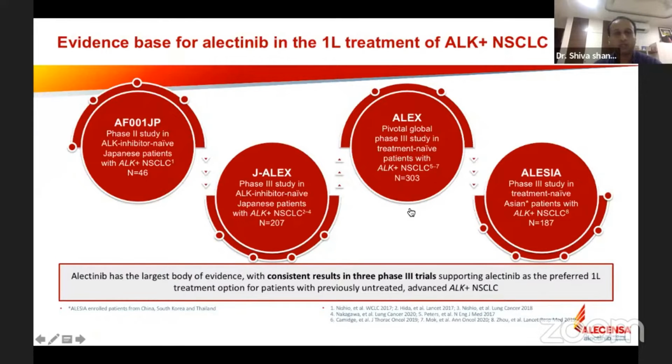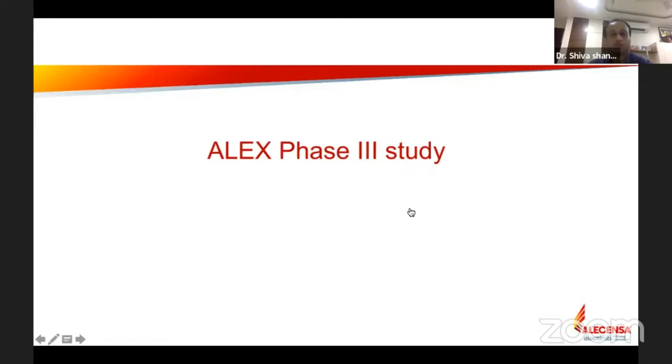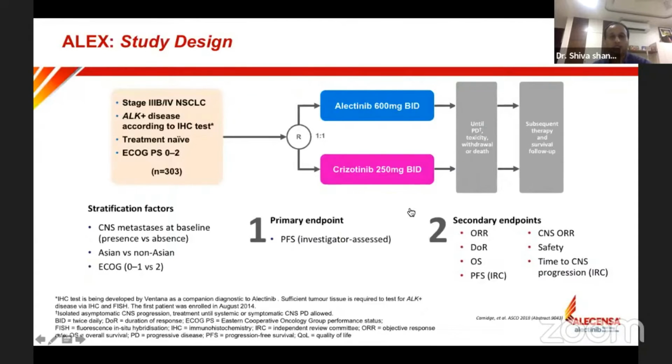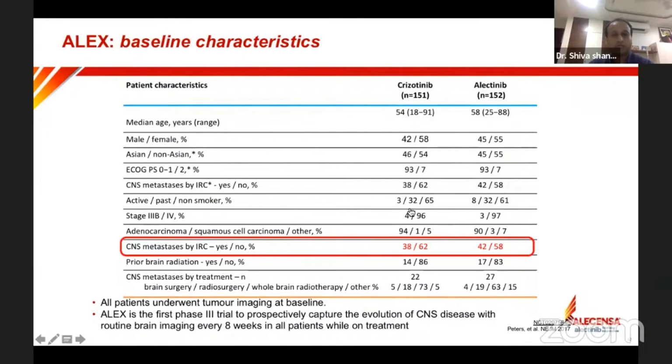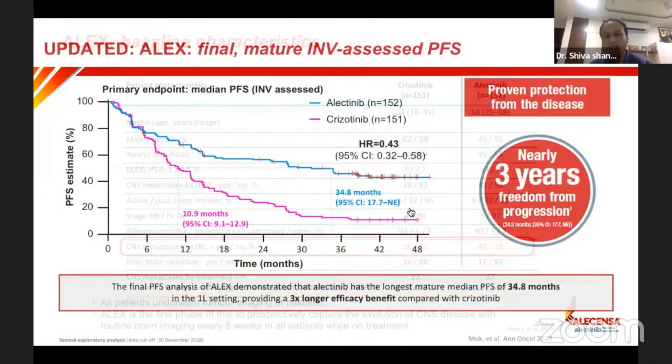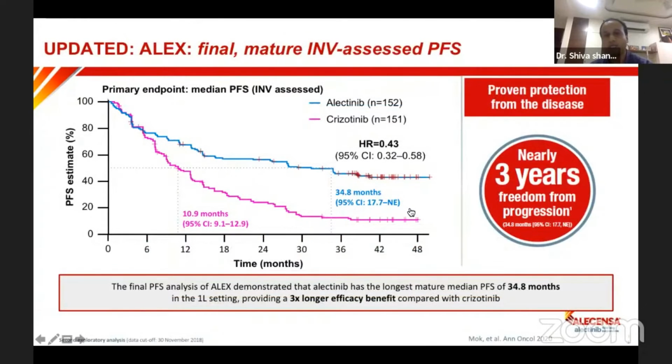So there are various trials which looked at the role of alectinib. We have a phase 2 trial, AF001JP, J-ALEX conducted in Japan, the ALEX trial, and also ALESIA, which was conducted in Asian patients. So the main study, the ALEX phase 3 study, again looked at alectinib 600 mg twice daily versus crizotinib 250 mg twice daily. If you look at the baseline characteristics, these also included patients who had brain metastasis, roughly a similar number of patients had brain metastasis, and